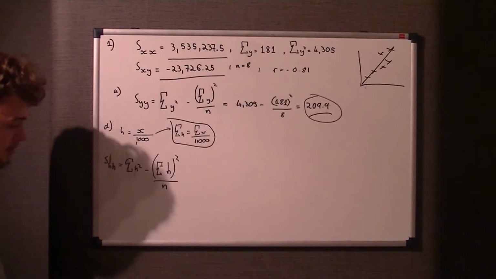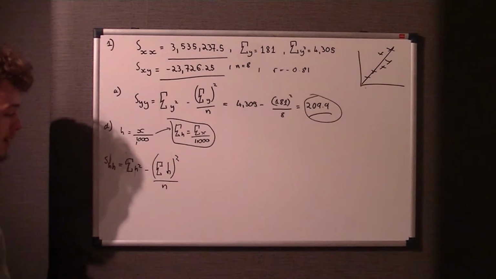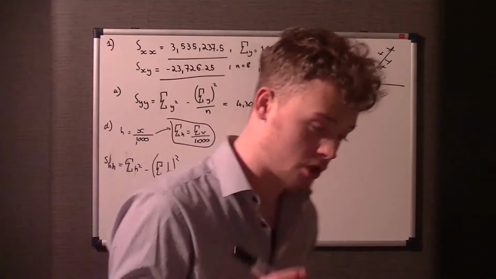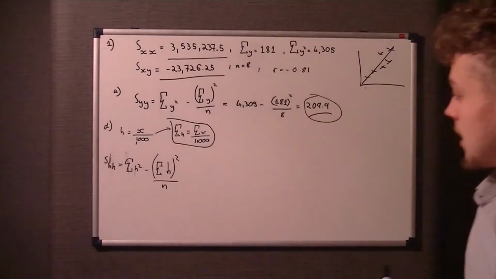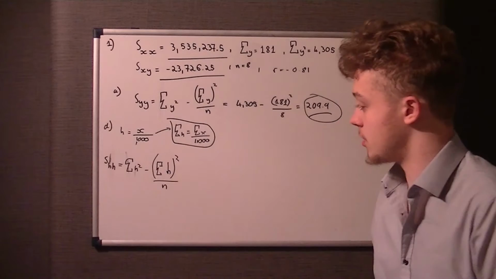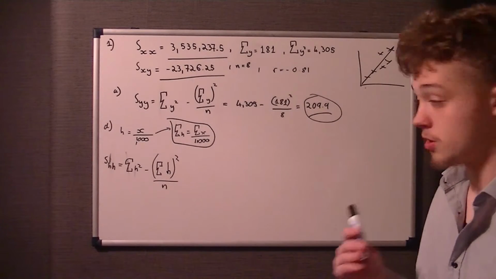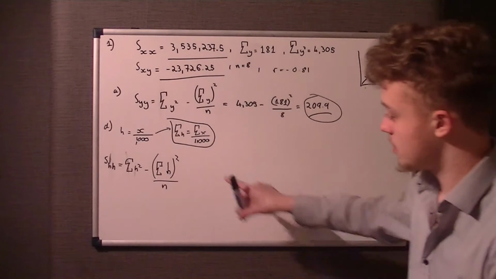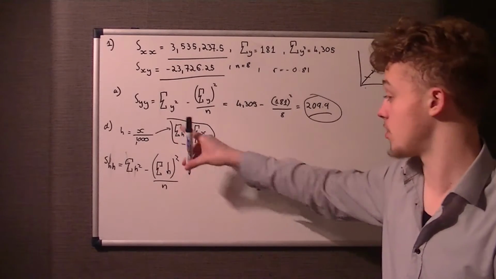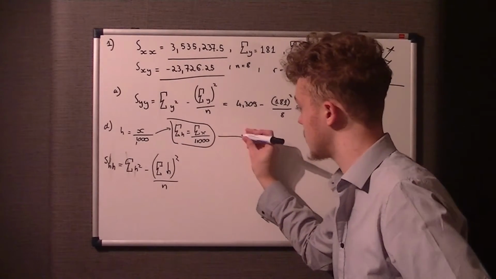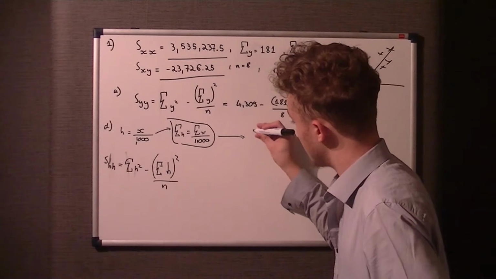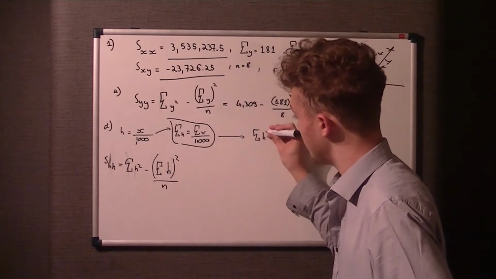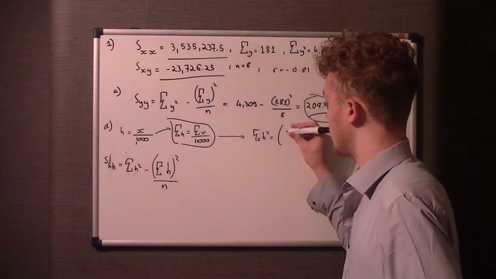Now we can apply this method to sum of H squared. Okay, well the sum of H is sum of X over 1,000, and what we need to do to get the sum of H squared from the sum of H is square it. Okay, so to get the sum of H squared equation, we just square both sides of this. Okay, so therefore the sum of H squared is equal to sum of